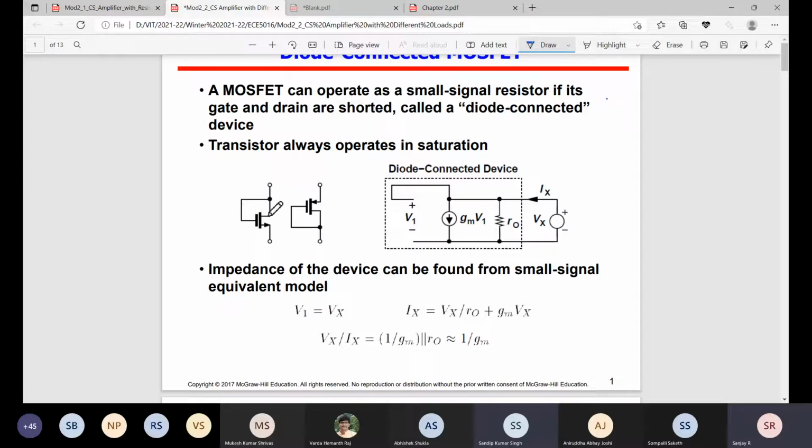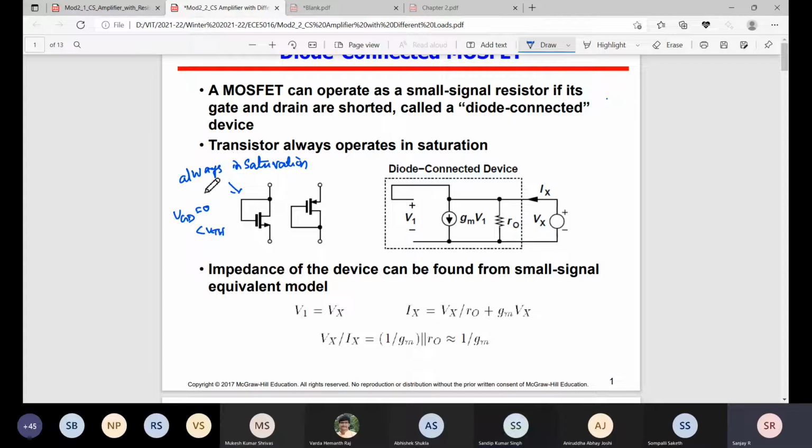connected MOSFET. Already you remember in the lab, maybe Monday's lab, we designed the current mirror using the diode connected MOSFET. So why is the diode connected MOSFET interesting? Gate and drain connected means this transistor is always in saturation. What is VGD? VGD equals 0 when gate and drain are connected. So it is less than VTH. That means this gate and drain connected transistor always operates in saturation. It won't come to triode. Maybe it will come to subthreshold, but it won't come to triode.